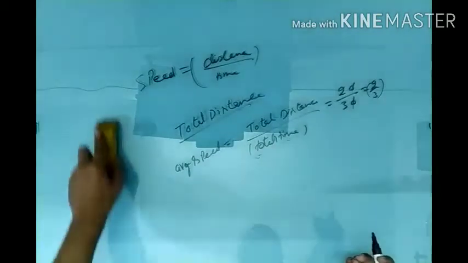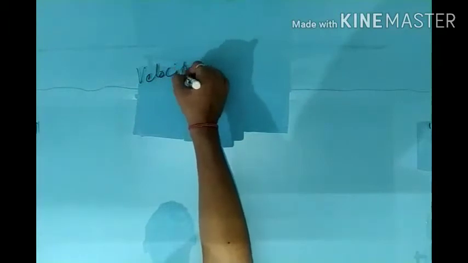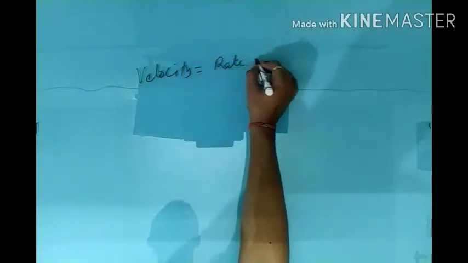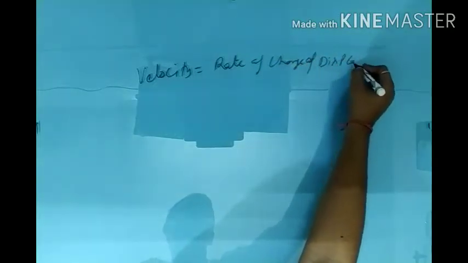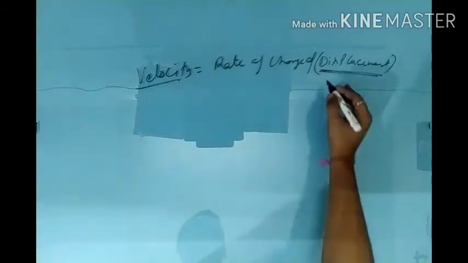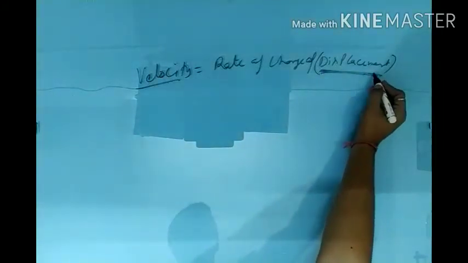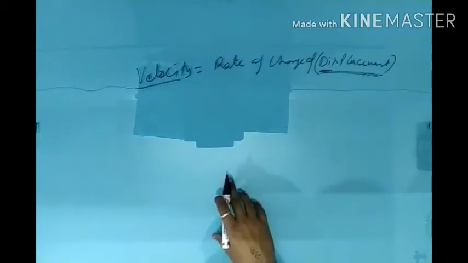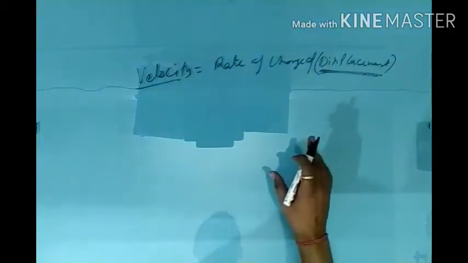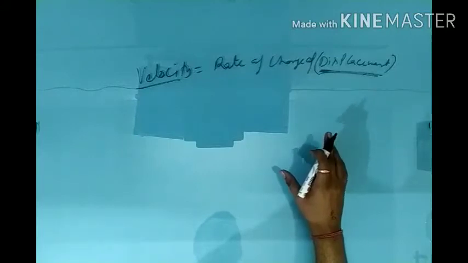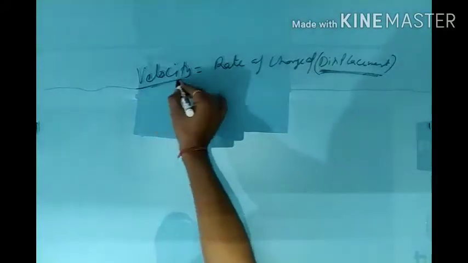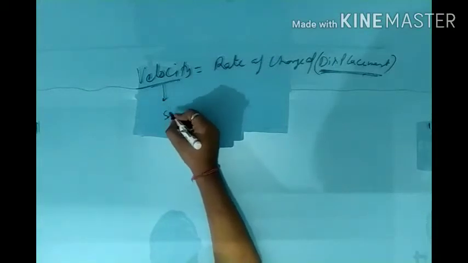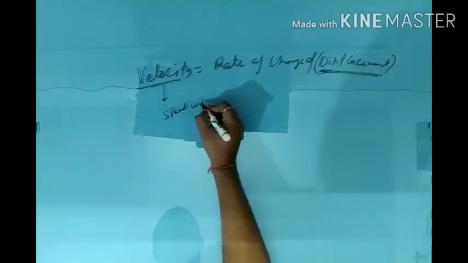Now our next topic is velocity. Now what do you mean by velocity? It is the rate of change of displacement. As it is clearly mentioned, in case of velocity we have a displacement, but we know that in case of speed, that is the rate of change of distance. It means just replacing one thing, that is distance is replaced by displacement. Now it becomes velocity. Another name we can say is that it is speed with direction,